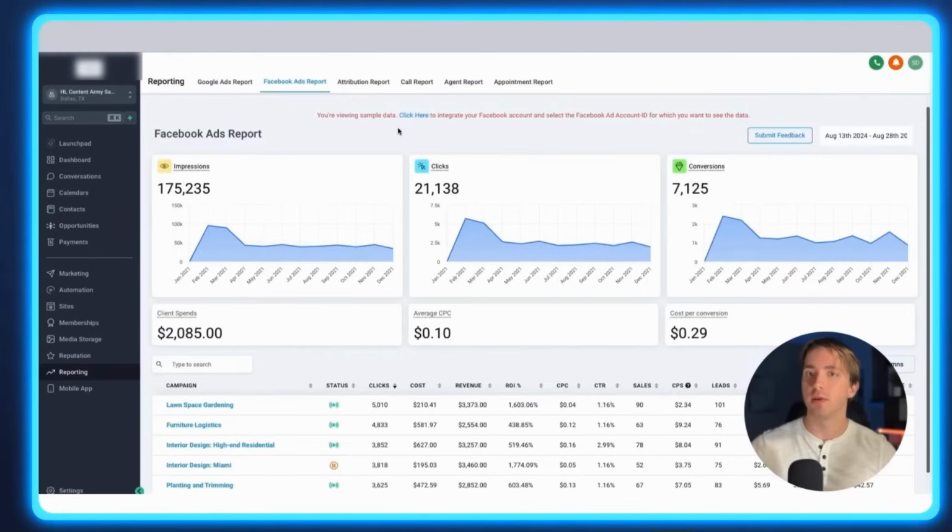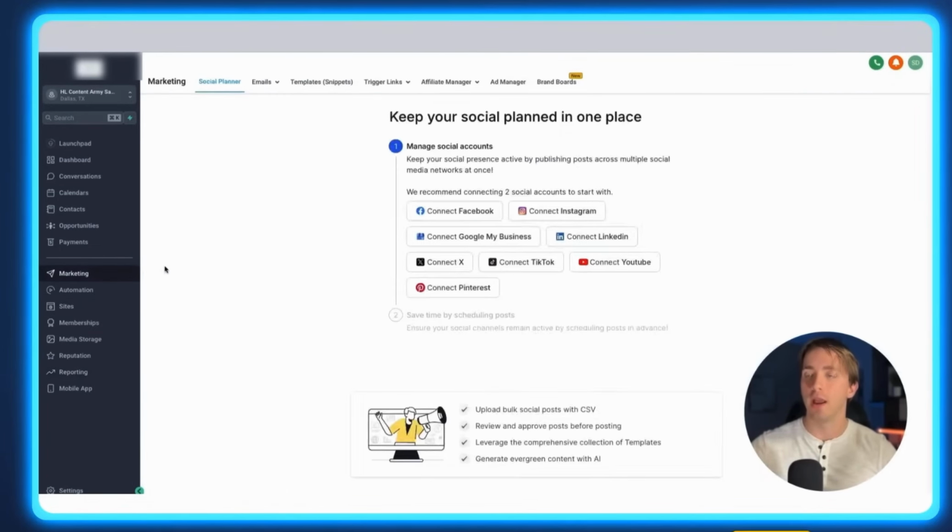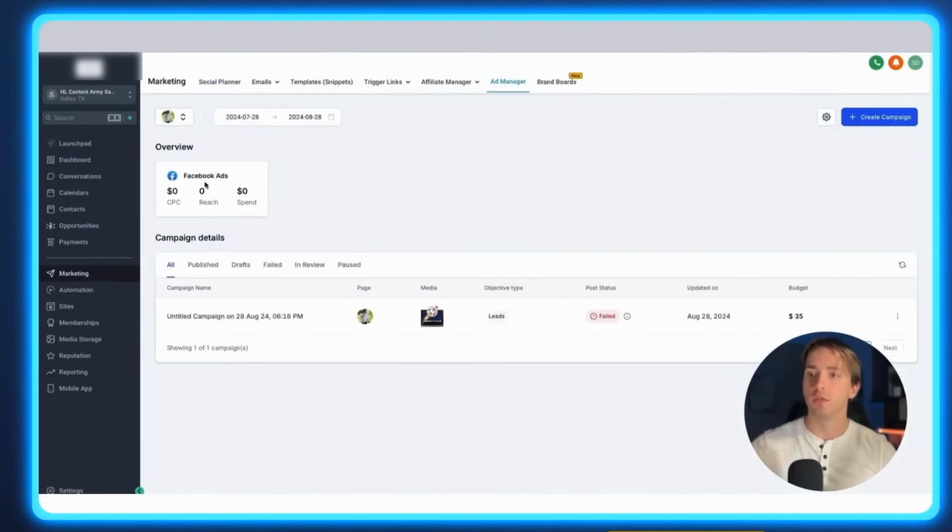But in addition to the Facebook ad reporting that you see on this screen, you also will be able to see a summary of your ads back in the ad manager at this overview screen. You'll be able to see your 3 most important metrics, which are cost per click, reach, and spend. So you can see how your Facebook ads are doing right at a glance. With all this